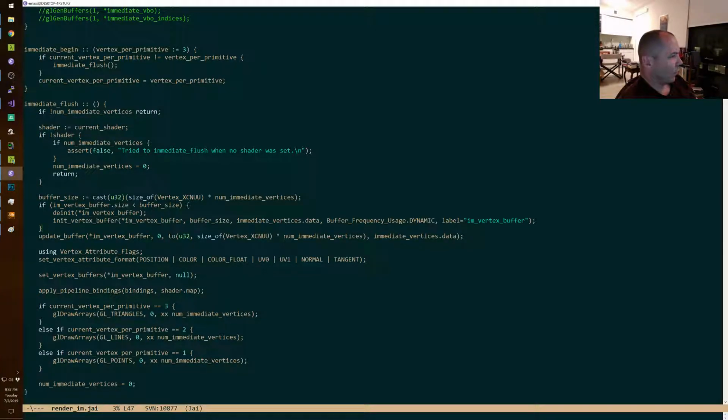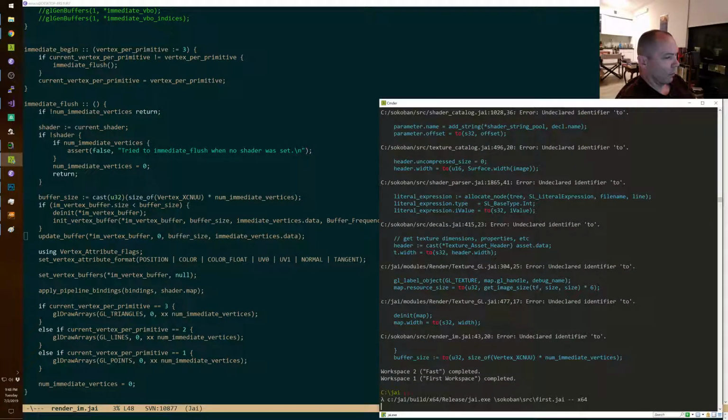Same thing here, man. Buffer size. Exact same pattern.